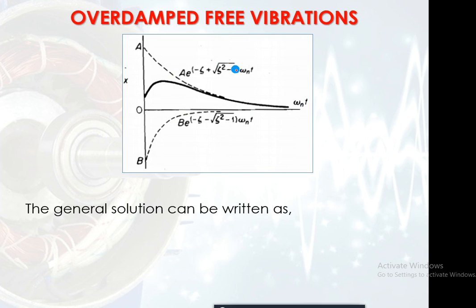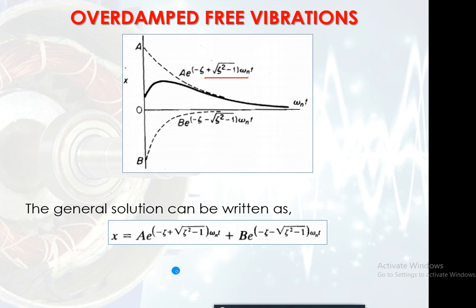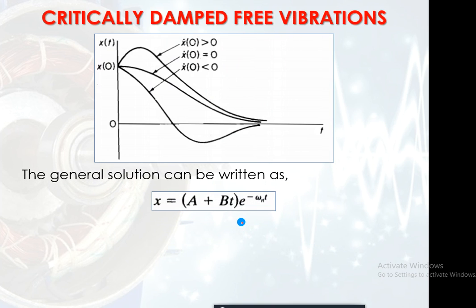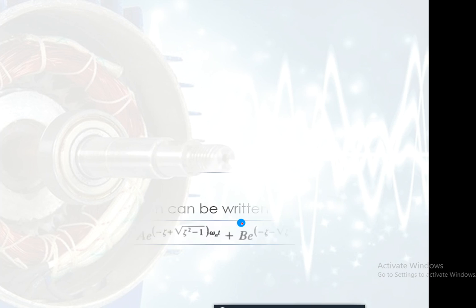Now if the system is overdamped, then the roots will be replaced with these, and finally we have this expression as written below: A e to the power minus zeta plus square root of zeta squared minus 1 times omega n t, plus B e to the power minus zeta minus square root of zeta squared minus 1 times omega n t. So the main difference is here we have a plus sign, here we have the root with a minus sign. The remaining expression is the same, and again A and B are arbitrary constants, and we can find out their values from the initial boundary conditions. Considering initial displacement and velocity as 0, we can find out the values of A and B, and knowing them, we will derive the final expression.